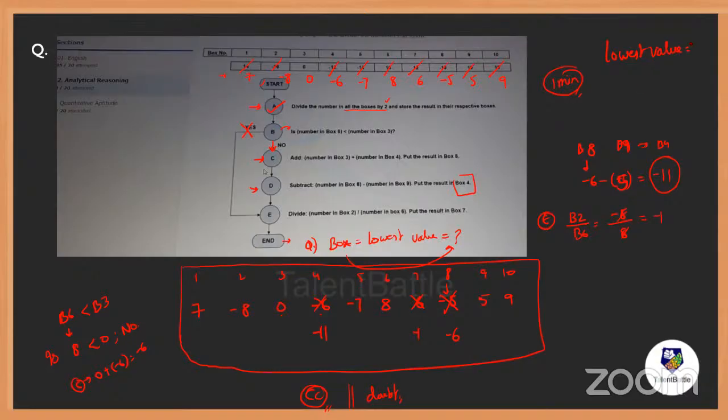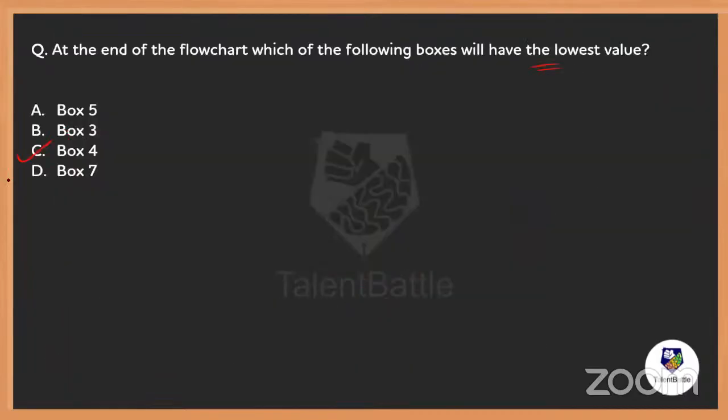Yes, I need exactly that. Minus 11 is the lowest value. So that minus 11 is in which box number, everybody? The box number called 4, which is option C, is my answer. Is that clear, my dears, everybody? Yes or no?